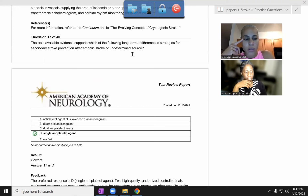A patient with ischemic stroke. This is awesome. Oh, the PFO. Yes. Those are the paradoxical emboli. I actually saw this on a shelf question once, and it was like, let's talk about it. So we have a patient that has an ischemic stroke in a vascular territory, with a PFO detected on echocardiogram. Which of the following features increases the likelihood of the PFO being the cause of their stroke? So